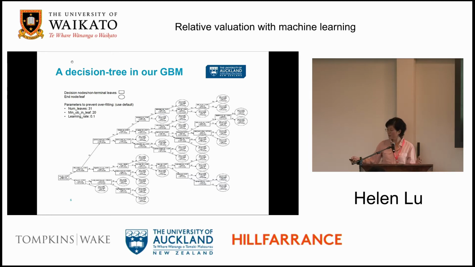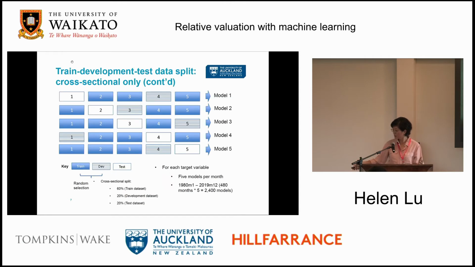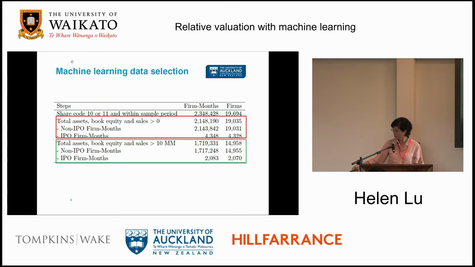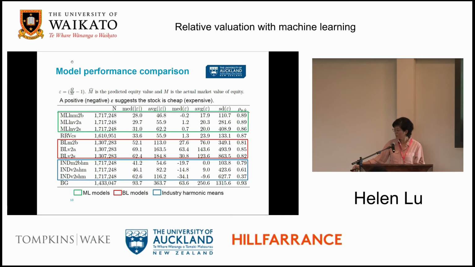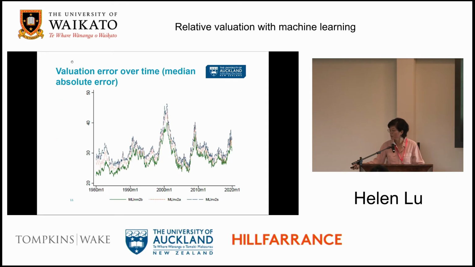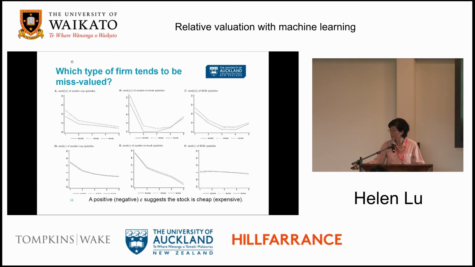And then what we get as valuation results, we benchmark against all the traditional models well known in the literature or used by academics and practitioners. The first three in the green box are machine learning models, and they generate much lower errors, which is not surprising, right? GBM is very powerful. But what is surprising is